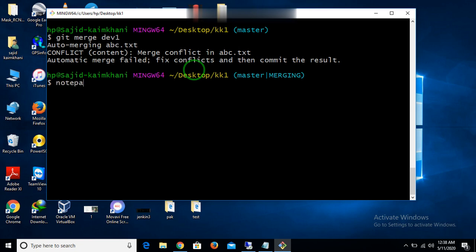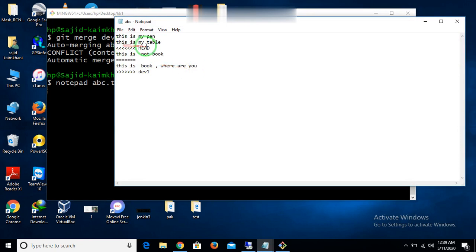Just open your notepad, ABC comes up here. So here is the thing to note: HEAD tells about your master code, and dev1 is your other one. So your master code is: this is not my book.